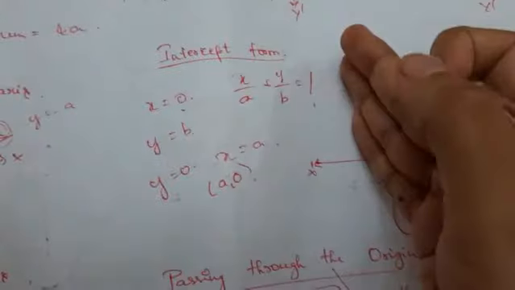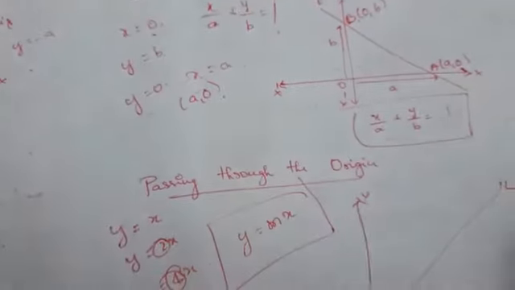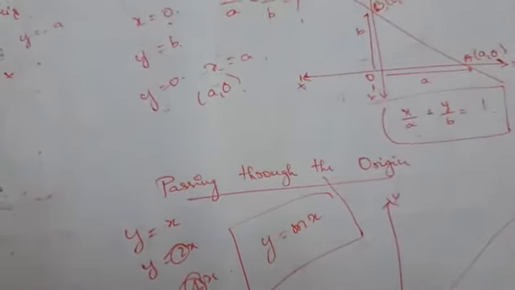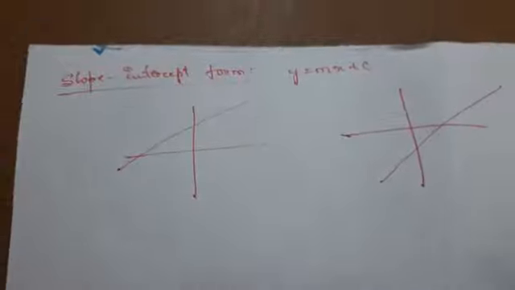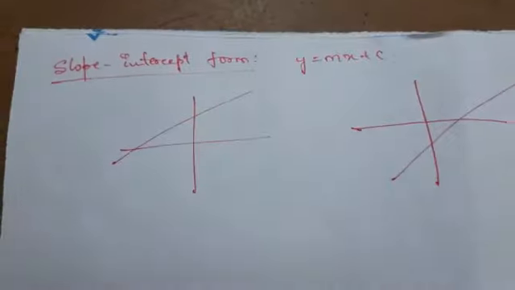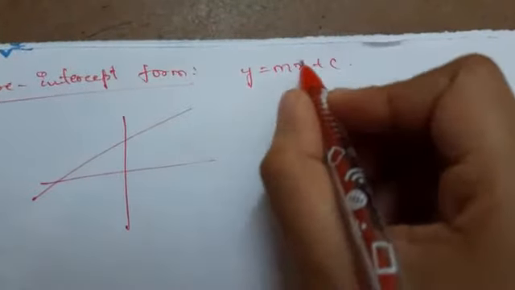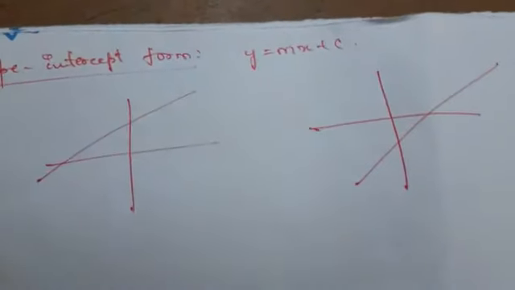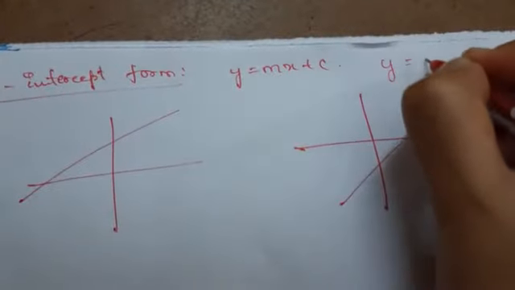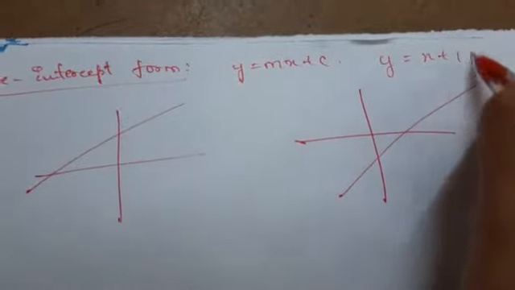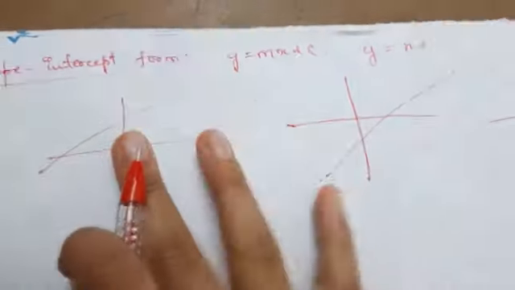So now we came across intercept as well as slope. Now the next thing we are going to do is the slope intercept form. When we come across the slope intercept form, the general formula is y = mx + c, where m is the slope of the line and c is the y-intercept. So if it is of the form y = x + 1, this is also slope intercept form, where slope is 1 and y-intercept is equal to 1. So now we will see the 4 different types of slope intercept form lines.